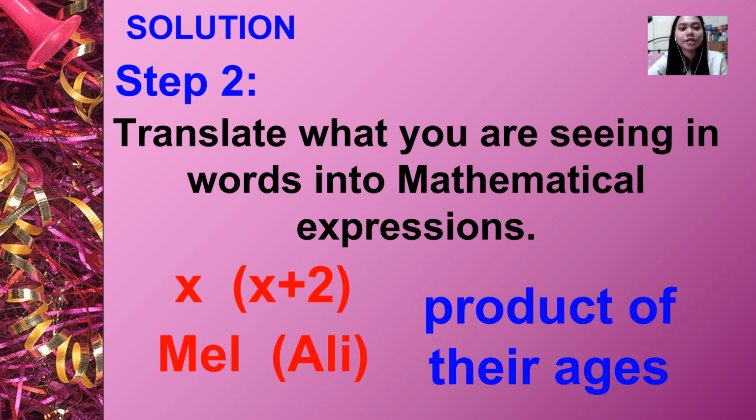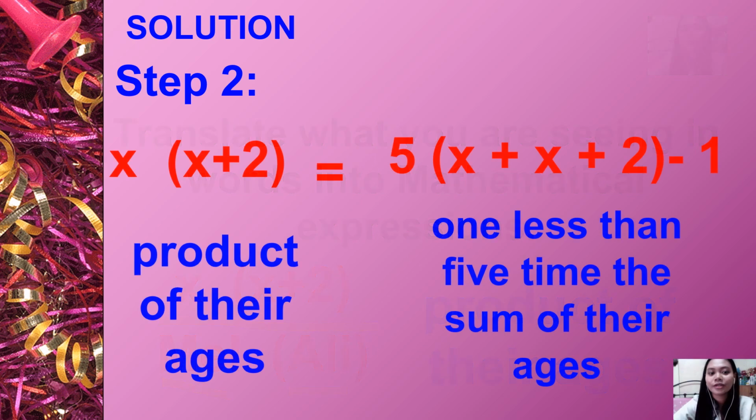Second step is to translate what you are seeing in words into mathematical expressions. Since nabanggit doon sa problem ang yung product ng kanilang ages, so yung age ni Mel at age ni Ali, we can write it as the product of x times x plus 2. Third,